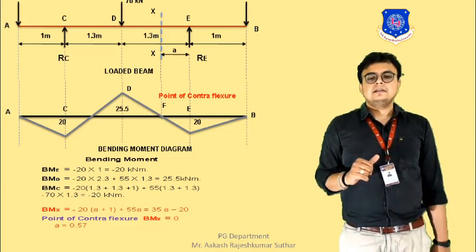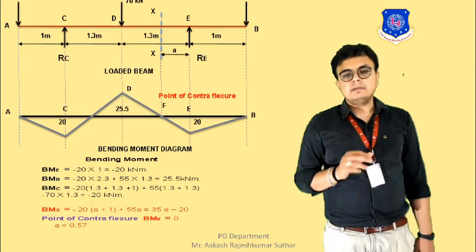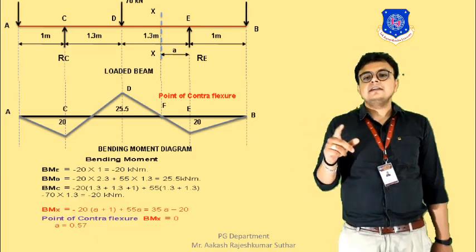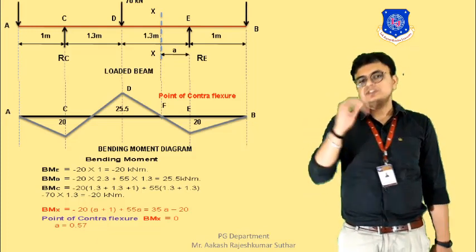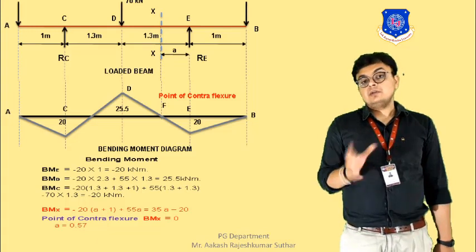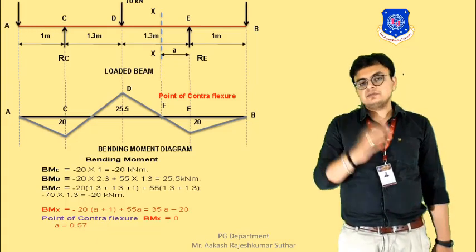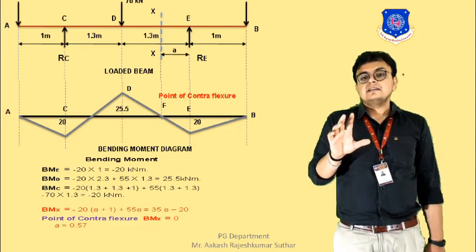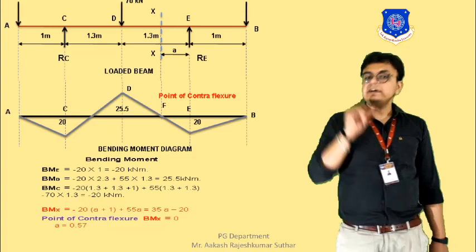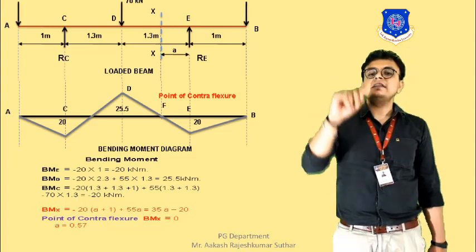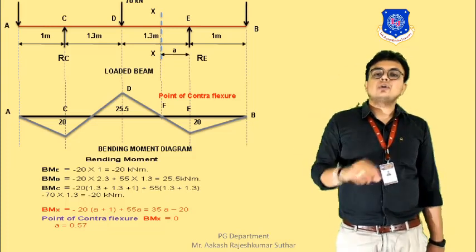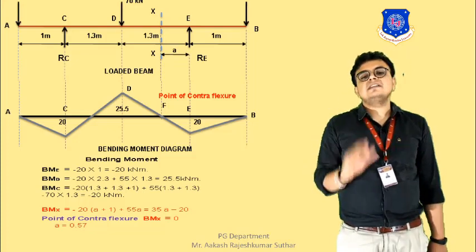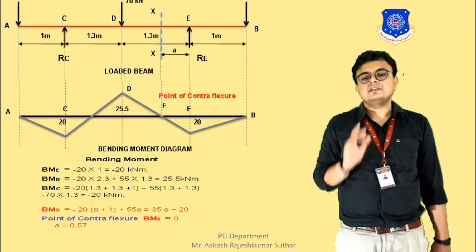So, basically, we have to find the bending moment at E. Okay. So, that will be equal to 20 into 1. Force is 20 and we have to find at E point. So, distance from B to E is 1. And in this way, here we are having the load of 20 kilonewton in such a way that it will be creating the moment in clockwise from the right hand side. So, it will be equal to minus 20 into 1. So, it will be equal to minus 20 kilonewton.